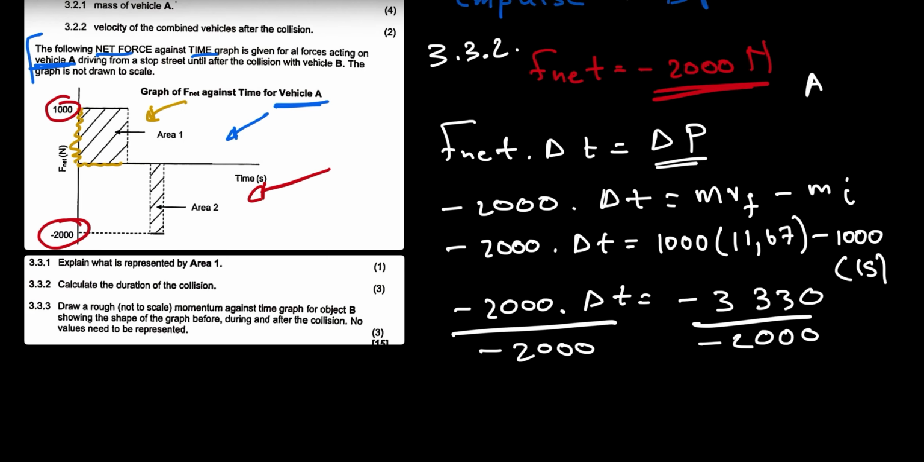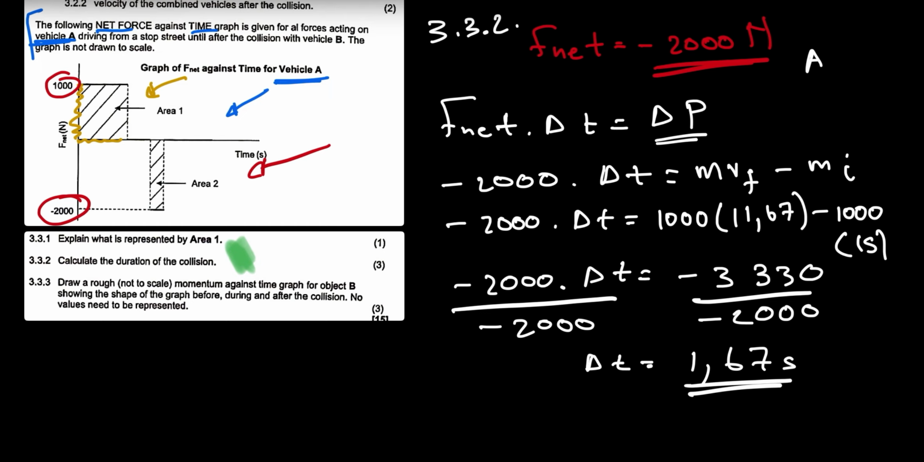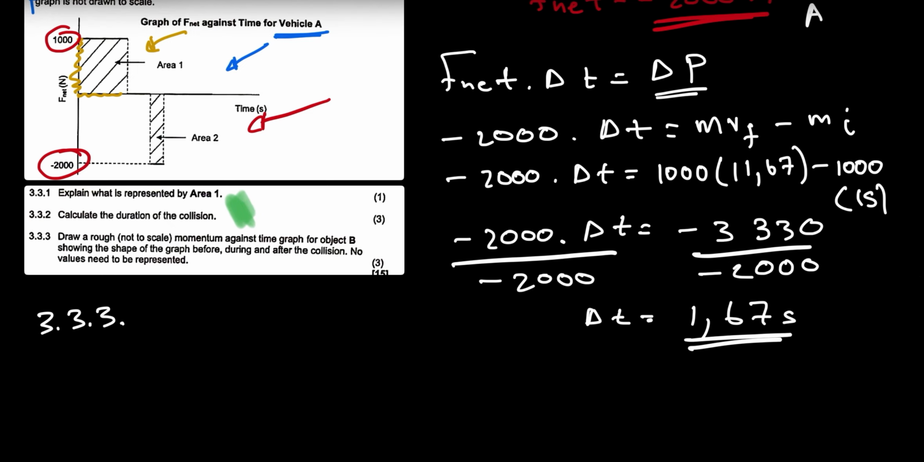So if we put this in our calculator, we say negative 3,330 divided by negative 2,000, and that should give us the answer as 1.67 seconds. So this will be the duration of contact. This should answer question 3.2. Now the next question that we have, which is 3.3, they say that we must draw a